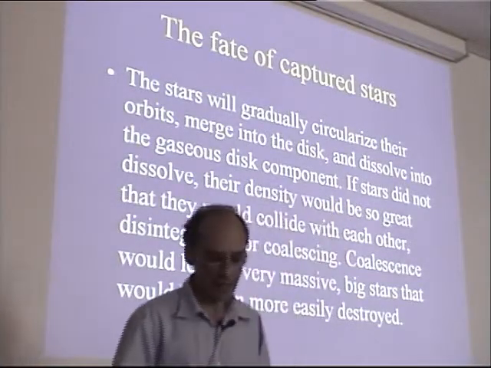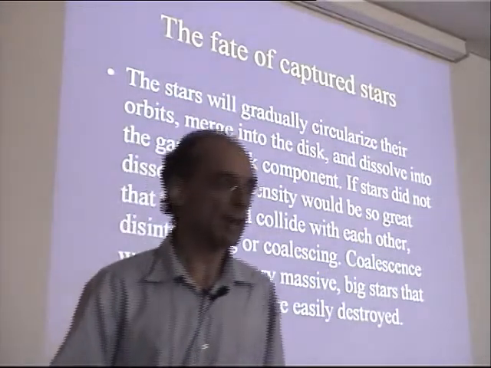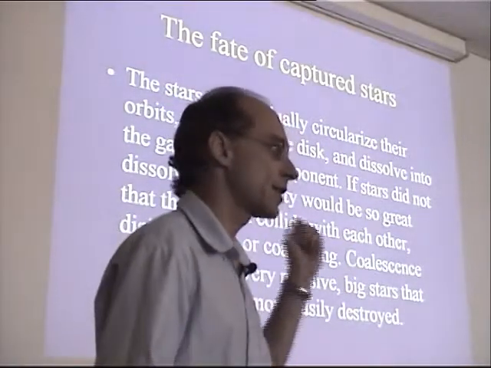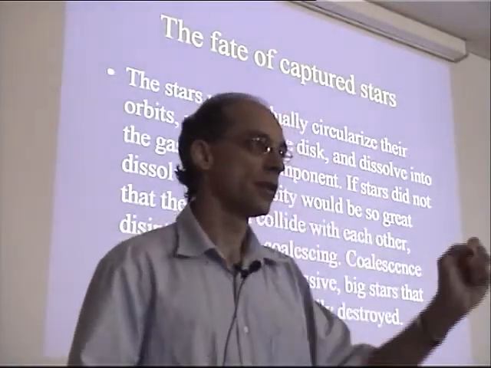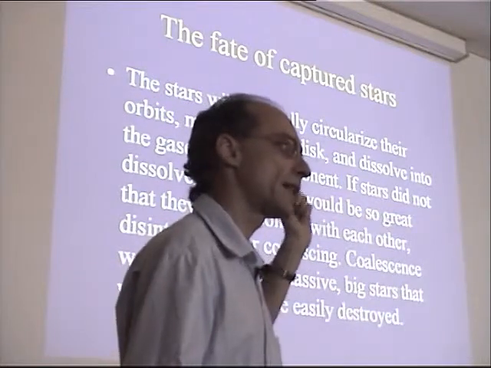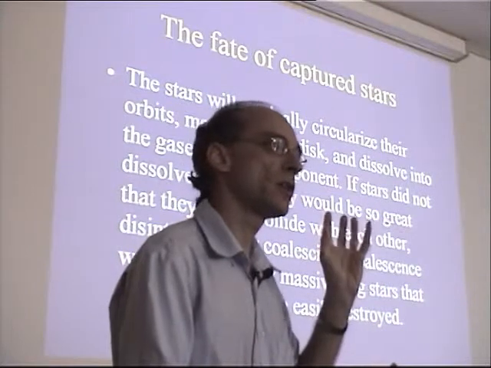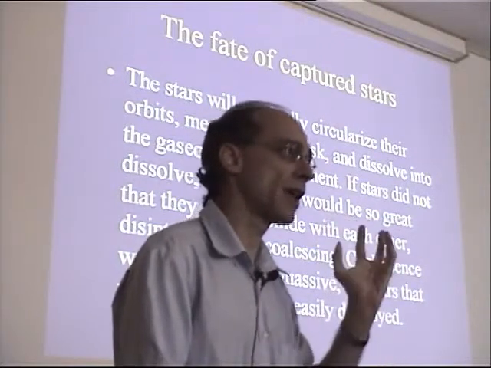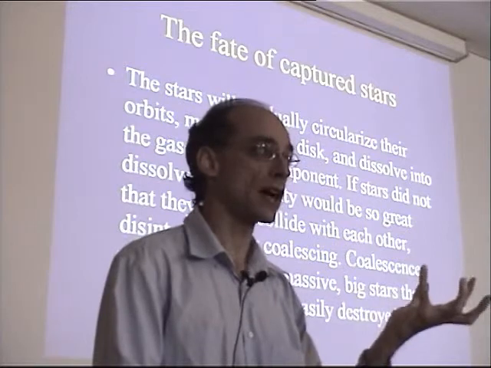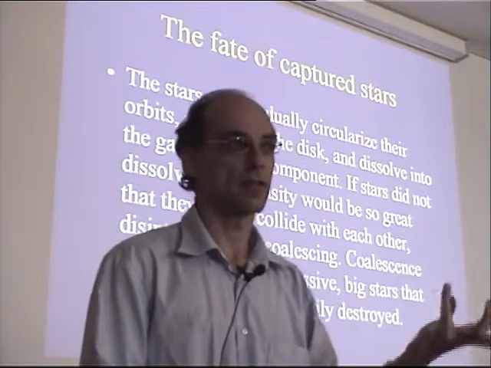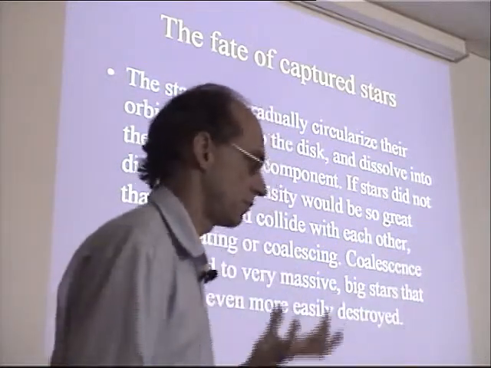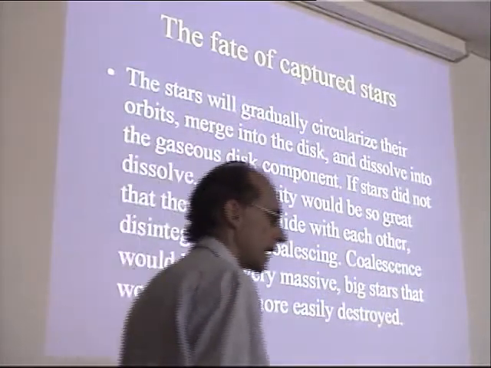One question that one can ask here is, okay, so we're capturing all these stars by the disk. The stars are going through the disk. They will go the first time, then they will reduce their apocenter, they will go many more times, then the orbit has to be gradually circularized and become coplanar with that of the disk until the star is embedded inside the disk, and it will just be inside then. But what happens to these captured stars?